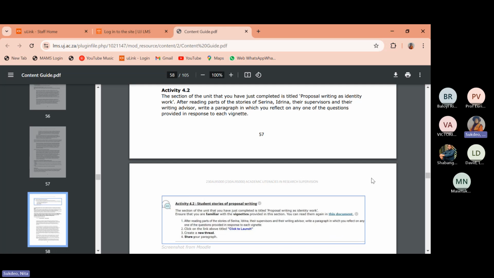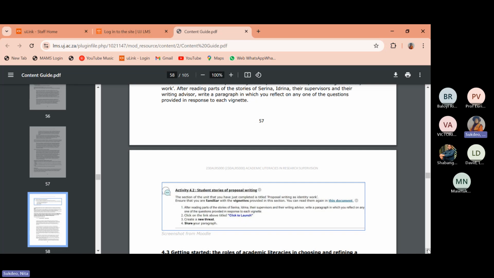Which takes us to activity 4.2. The section of the unit that you have completed is titled Proposal Writing as an Identity Work. After reading parts of the story of Serena and Adrina and their supervisors, as well as writing advisors, course convener, write a paragraph in which you reflect on any one of the questions provided in the response to each vignette, which is vignette 1 and 2, which is on Serena and Adrina. Write your own